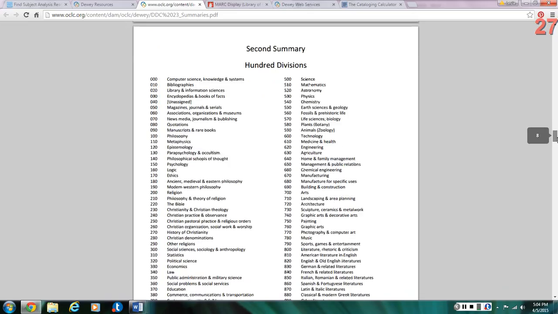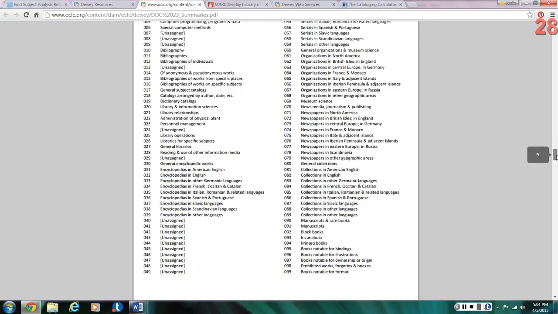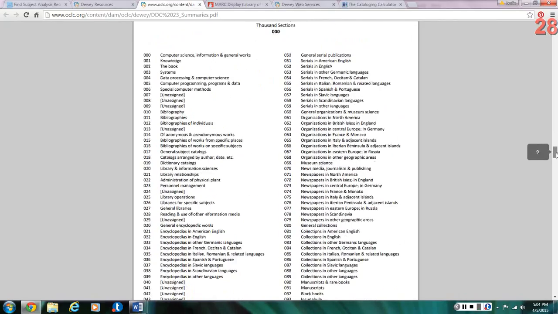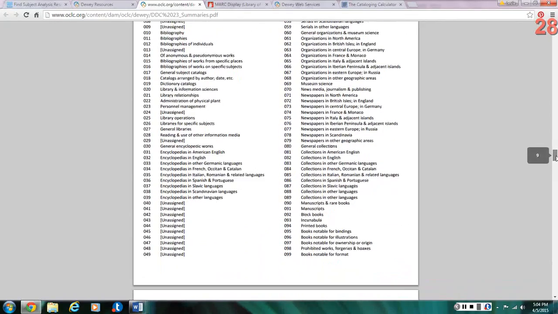That's the main classes. If we go to the second summary, the first was the, they're calling this the hundreds division, so this would be the second numeral, so we can look at science, 500, mathematics, astronomy, let's see, we've got life sciences, biology, animals, here we go, 590 is animals. Let's see if we can get down any further. And then the thousands section, let's see, 590,